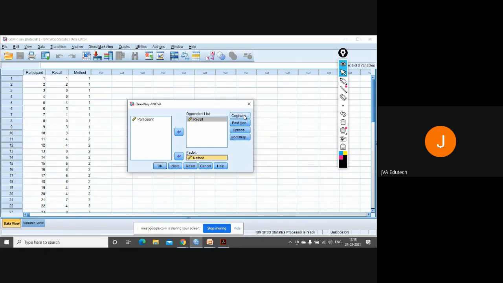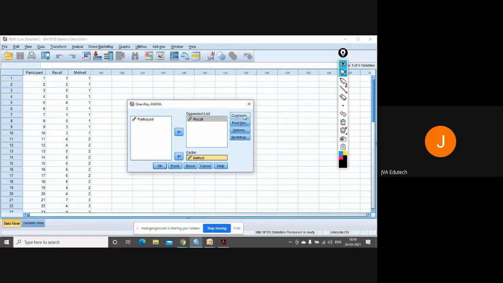The contrast method is used when you have already hypothesized that this group might differ from the other two. Like in the case that you have three groups of people suffering from fever. To one group you have given allopathic medicine, to another an Ayurvedic medicine, and to the third a placebo, meaning dummy medicine containing no active medication.